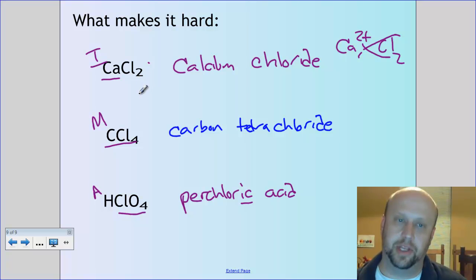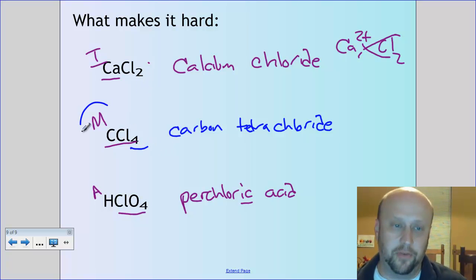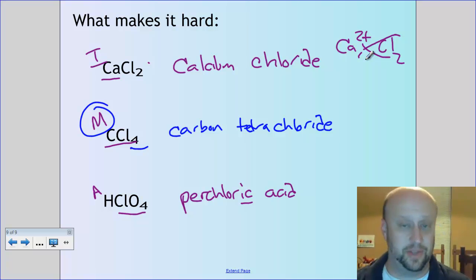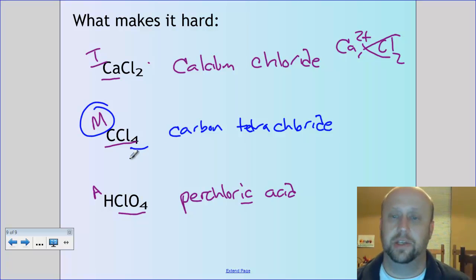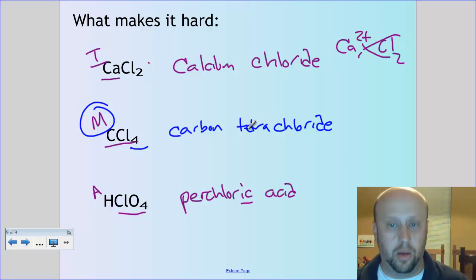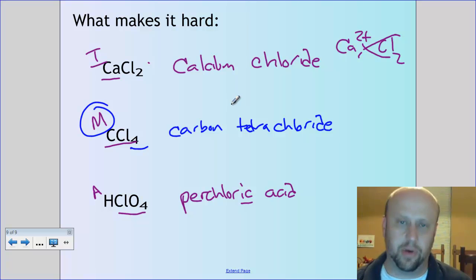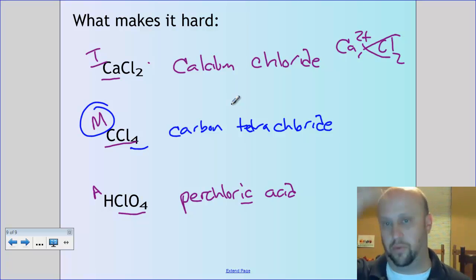Now, you're asking yourself, how come I worried about the number in this one, but I didn't worry about the number up here? Numbers matter for molecular compounds. The prefix tells us how many we have. For ionic compounds, I don't have to worry about the number because the charges balancing out takes care of it. So I worry about the number for molecular, but not really for ionic. That's what makes it difficult. Today we're going to work some where they're all jumbled up and mixed up. And the first thing we're going to do is run through everything and identify